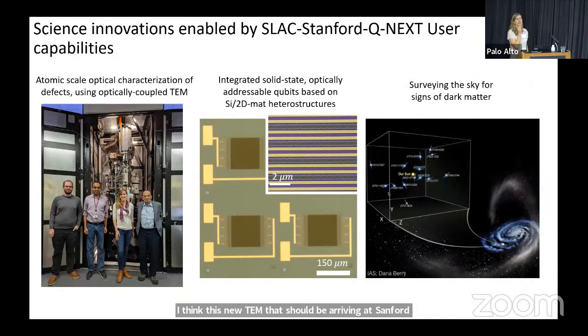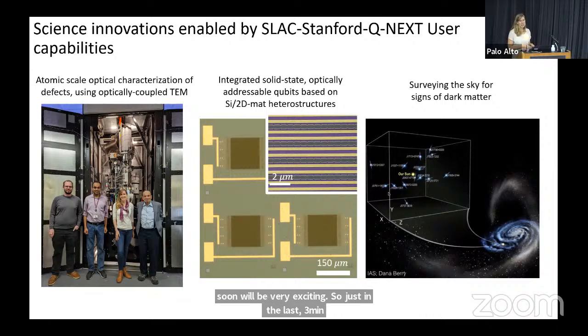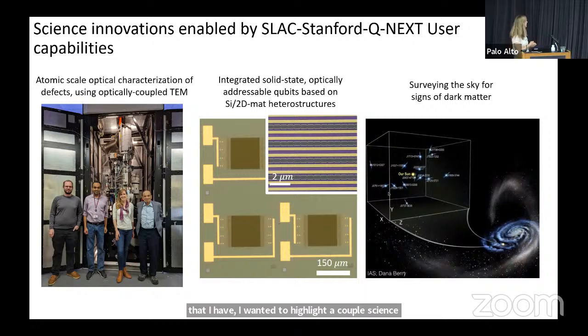So just in the last 3 minutes that I have, I wanted to highlight a couple of science innovations. This is by no means an exhaustive list, but one of which is atomic scale optical characterization of defects using optically coupled TEM. This is a TEM that was installed earlier this year that allows for basically atomic scale,